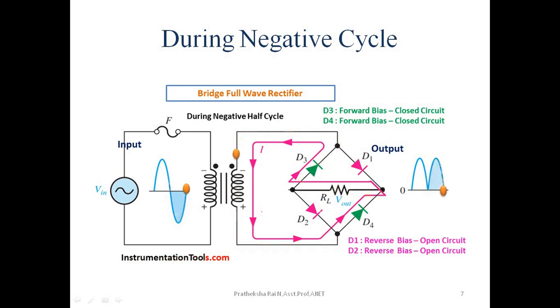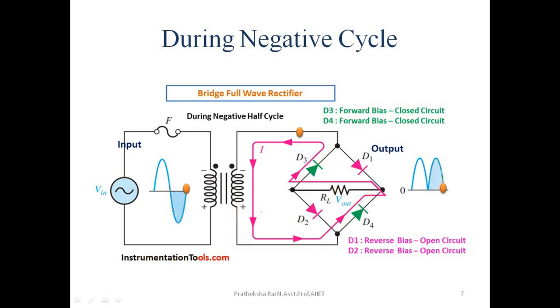Very important here is you need to check the ends to which polarity is connected. Is it to the positive side of the input or to the negative side of the input? From that you obviously know the PN junction diode's two workings, forward bias and reverse bias. By now you should be very clear with the PN junction diode working. Without that you will not understand this concept. So I want you to understand the PN junction diode concept, then only you will understand the working of any rectifier. So here D1 and D2 are reverse biased and D3 and D4 are forward biased.